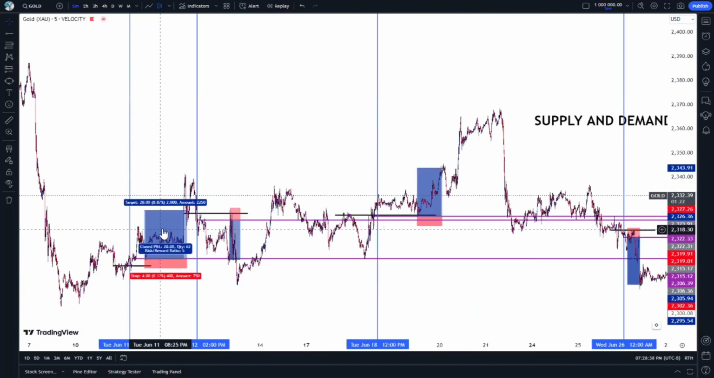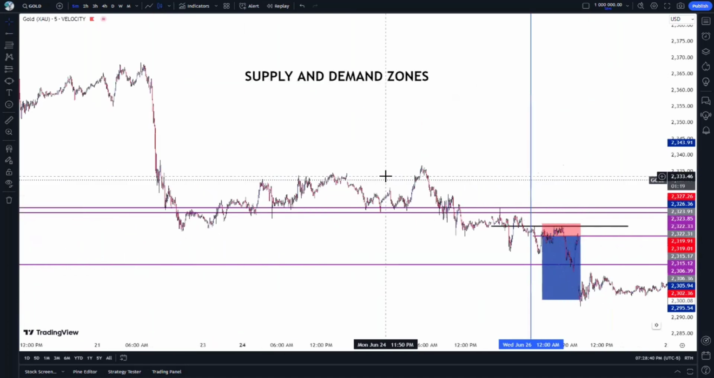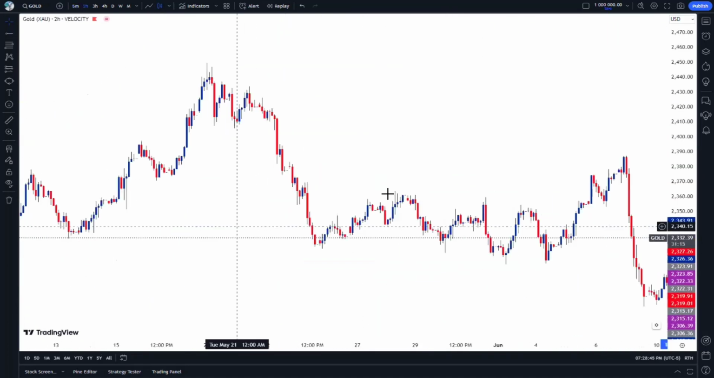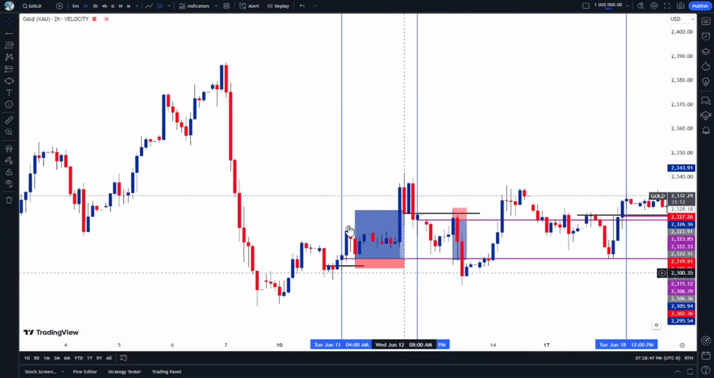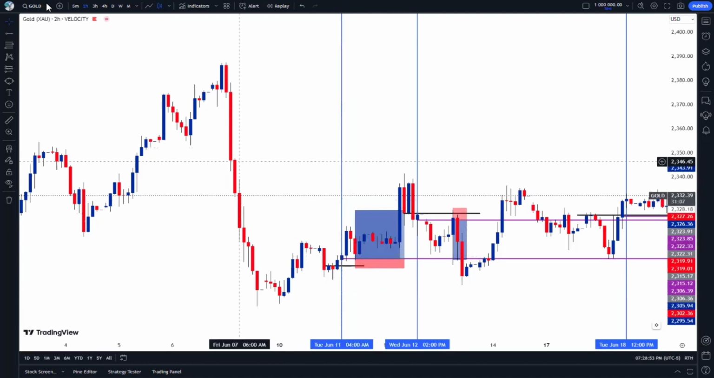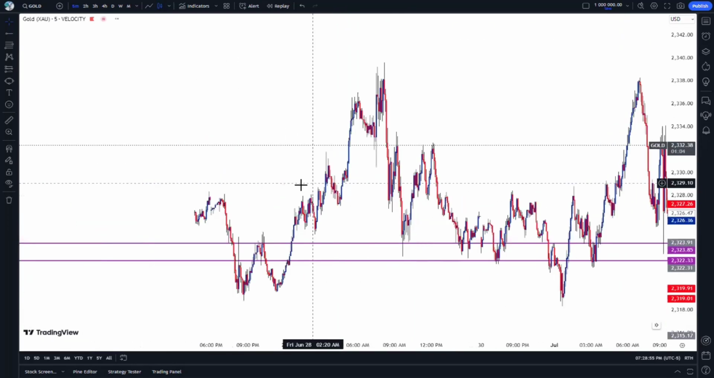And I showed you 2 examples. So let me go and just revise it. So we need the 2-hour break of structure. We need the 2-hour break of structure, remember? The 2-hour break of structure, one closes on it, one closes above. And then we look for the 5-minute demand zone,